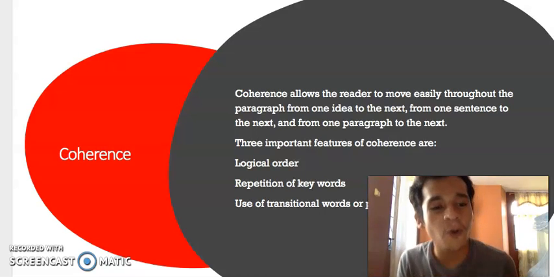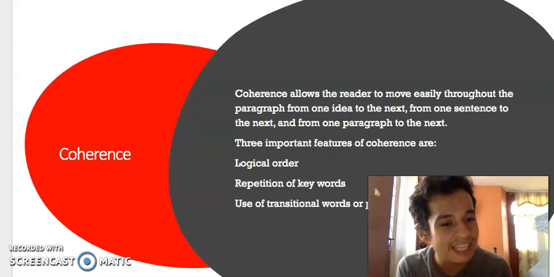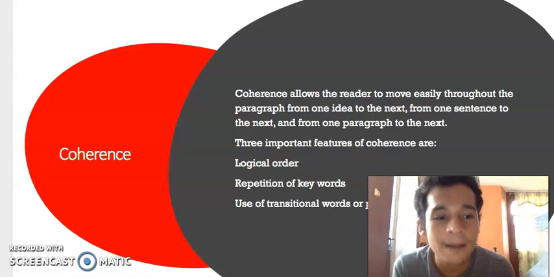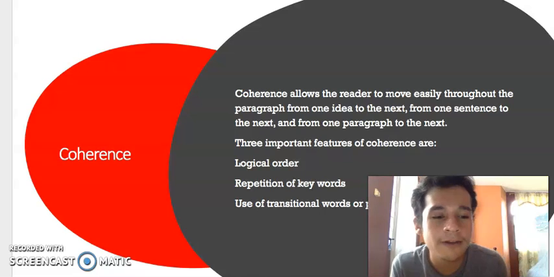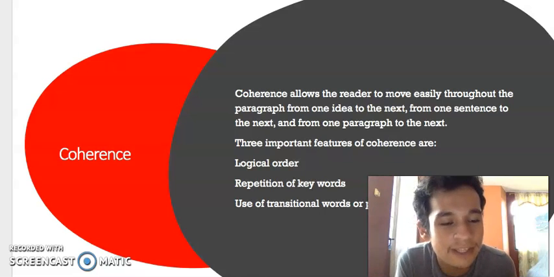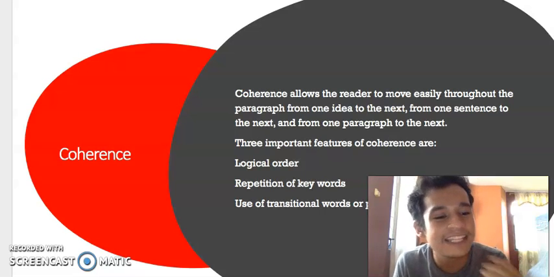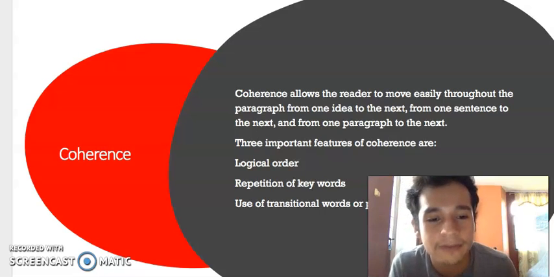What is logical order? Logical order is the sense that the paragraph makes. How much sense does the paragraph make? Is the paragraph talking about the topic, or is the paragraph not discussing the topic? If the writer is making sense towards his paragraph,